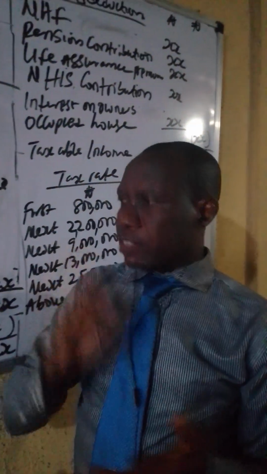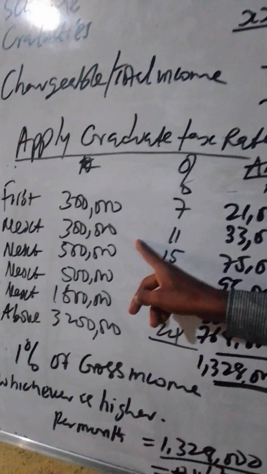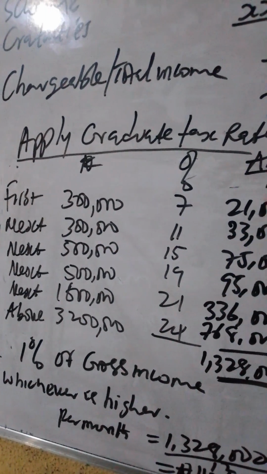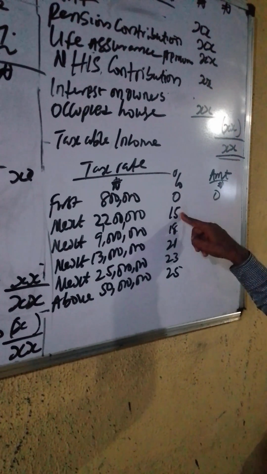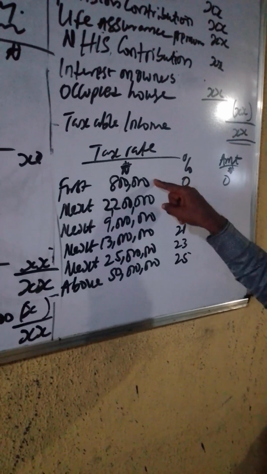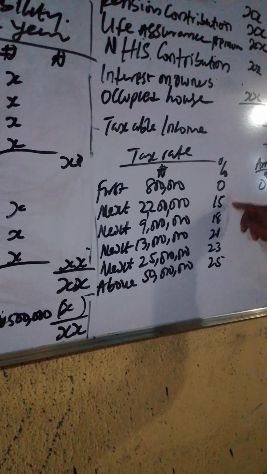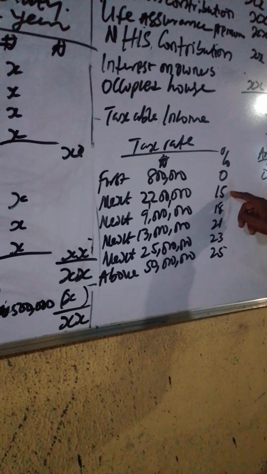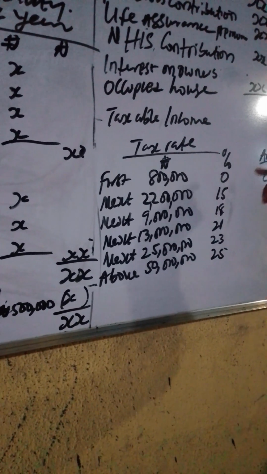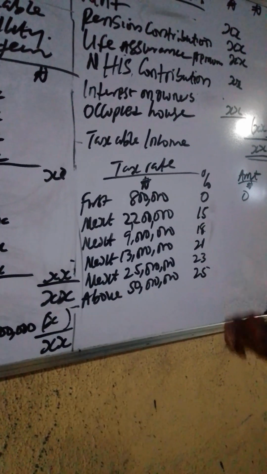Now listen, if we compare with the 11% that we have in the old law, I think the government should not just jump from 0 to 15% that we have here. They should jump from 0 to 11%, because there is a double count. When you calculate this figure, it is 2.2 times or 250% of what we have in that place. So if the government is going to jump to this place, they should jump to 11% and not 15%, if you really want to help Nigerians who have been suffering from poor governance and poor infrastructure. I am a professional, I am concerned, and I'm also a taxpayer.